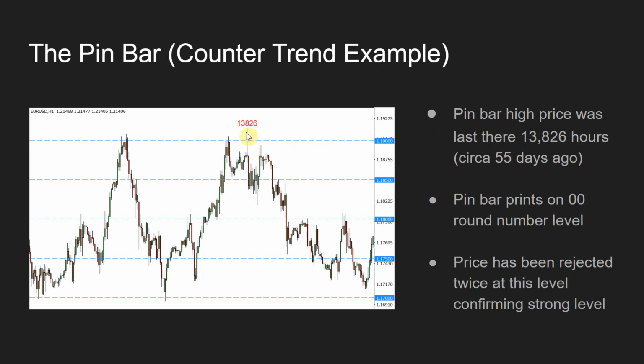The last time the top 5% of that wick was in, and this is an hourly time frame, 13,826 hours ago, and when you divide that by 24, it's circa 55 days. So price hasn't been in that range for nearly 2 months, and for the hourly time frame, that is a long time. So we've got a massive rejection candle. We've got price not being at that level for nearly 2 months, and again, look where it's printed. It is printed on a 00 number level, so it's rejected that level. Price has rejected that level